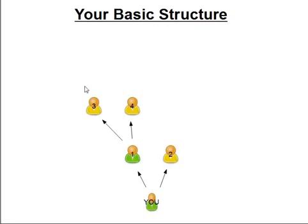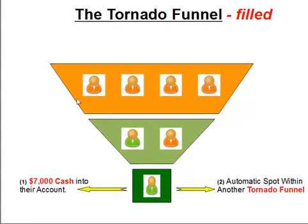So just understand that. But essentially, this is the basic structure that you then need to look at: yourself being qualified, and then finding one of your people to help them become qualified as well. And once that happens, you will exit the tornado funnel. As you can see, the tornado funnel is a lot smaller than the cyclone funnel. It's a lot easier to get out of, and the benefits are fantastic. As you can see, you will be $7,000 better off straight away,